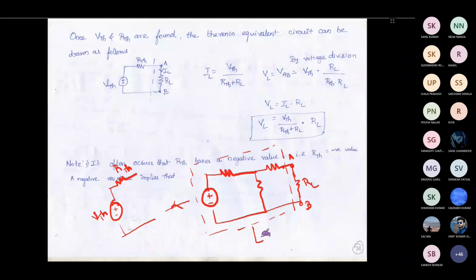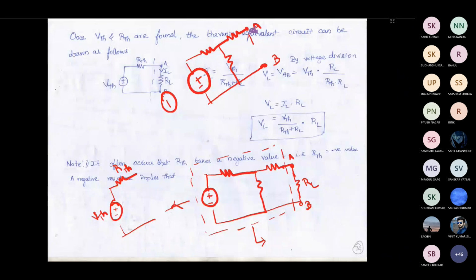So for this, what we need to do, for the first step, you have to remove the load. This is the source, and this is how it looks. What you need to do is remove the load first, then find the voltage across this terminal. So I removed this load resistance and found the voltage across this. This is called the open circuit voltage, or VThevenin.